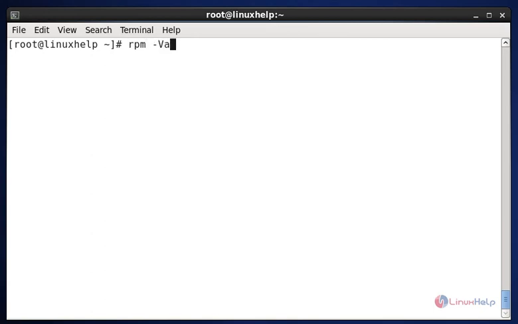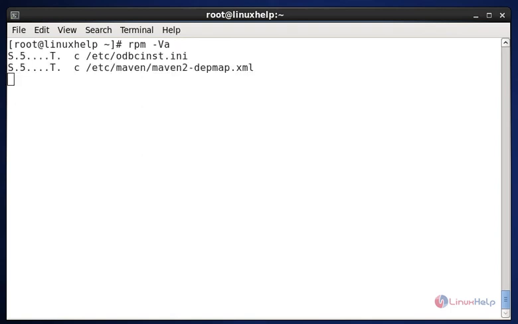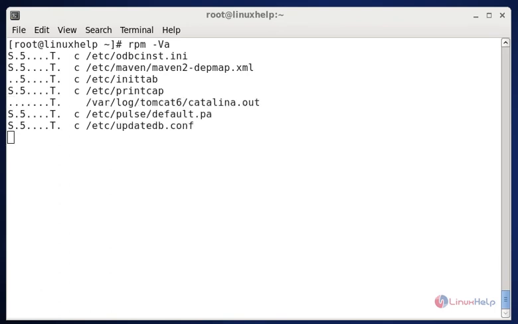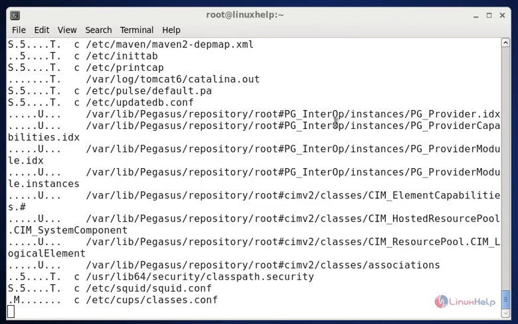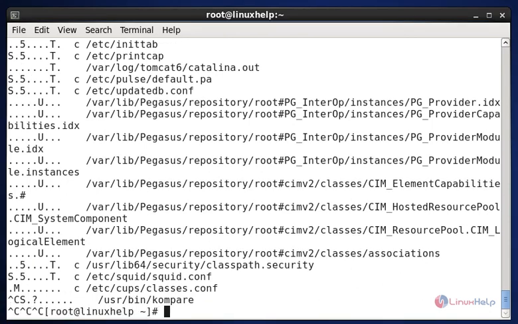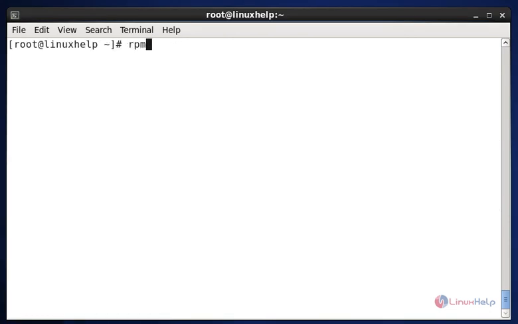This command is used to verify all RPM packages by using the option -Va. Now enter. This RPM command takes a long time to verify all installed packages, so I will cut this process and move to the next command.